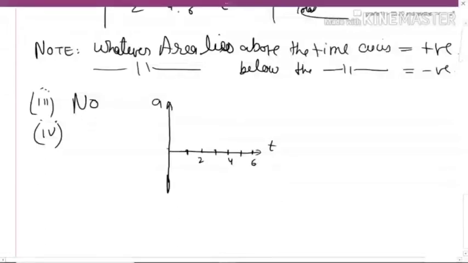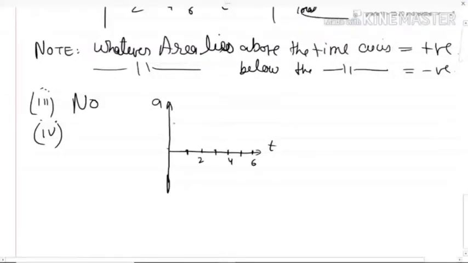Okay, so basically, see guys, I'll be drawing a graph. What was the acceleration from 0 to 2 seconds? The acceleration was, I guess, plus 5 meter per second square, right? It was constant acceleration till 2 seconds. Then suddenly the acceleration became 0 for the next 2 seconds. And after that, the acceleration became negative for the next 2 seconds. Everyone clear about the first part?